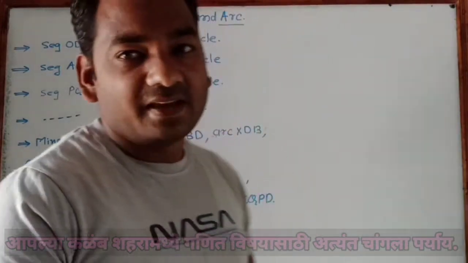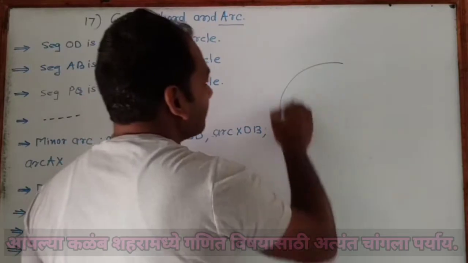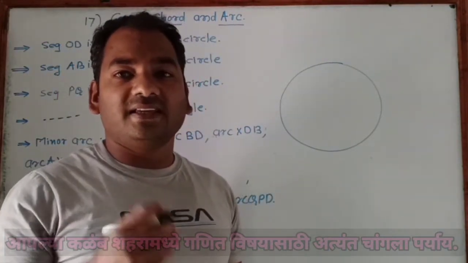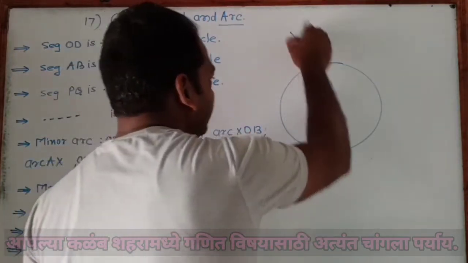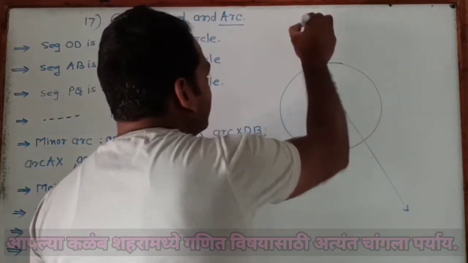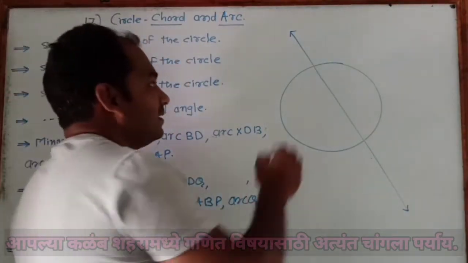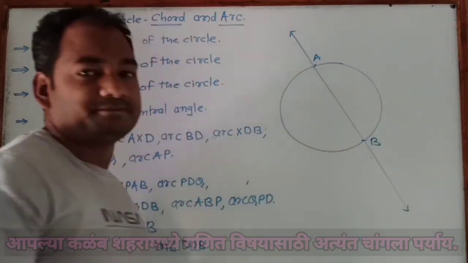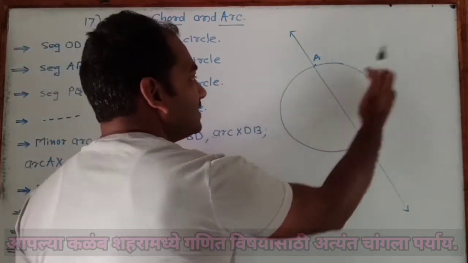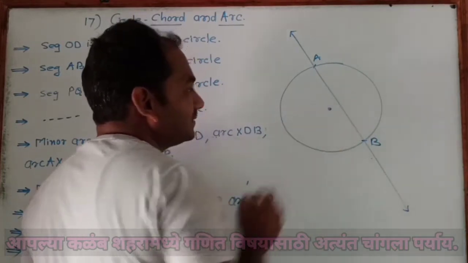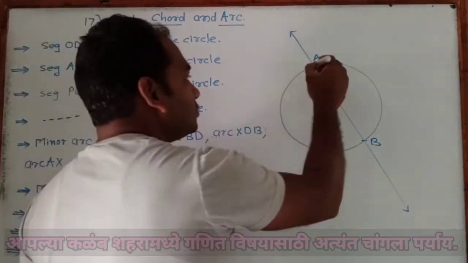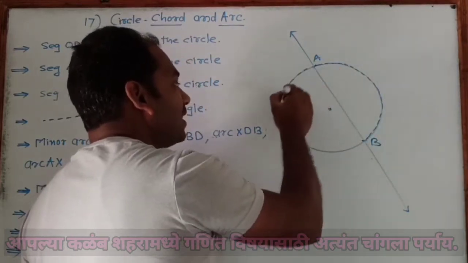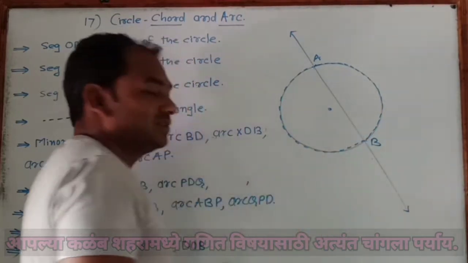So for this, imagine a circle here, and as we draw any secant of the circle like this, see what happened. The circle gets divided into two parts. This one part and this another part. Let this be the center here. So these two parts, this part of the circle is called an arc, and this part is also called an arc of the circle.